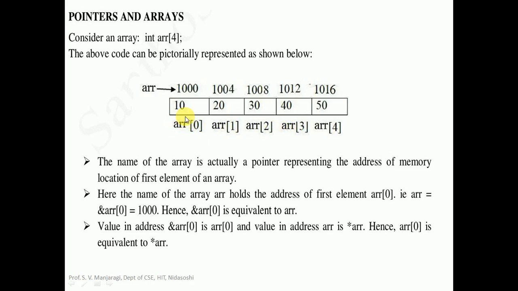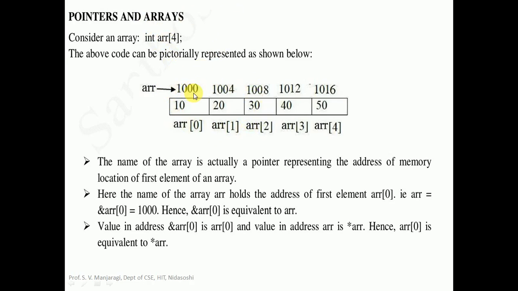So within the array there is something called base address. What is base address? Base address is basically the starting address of the array. That is, the address of the first element of the array is called the base address. In the memory location, the array is assigned some base address, that is the starting address. For example, for this particular array declaration we can take the base address as 1000.